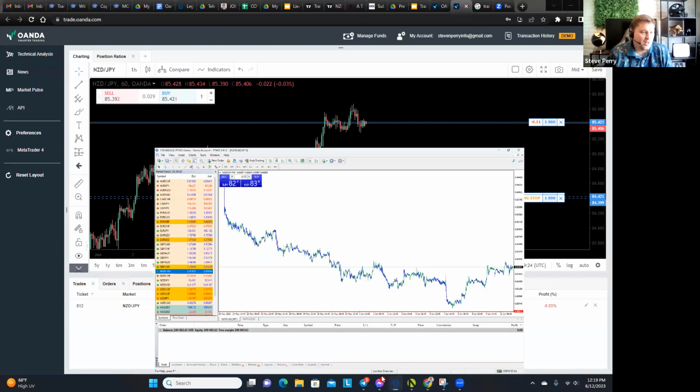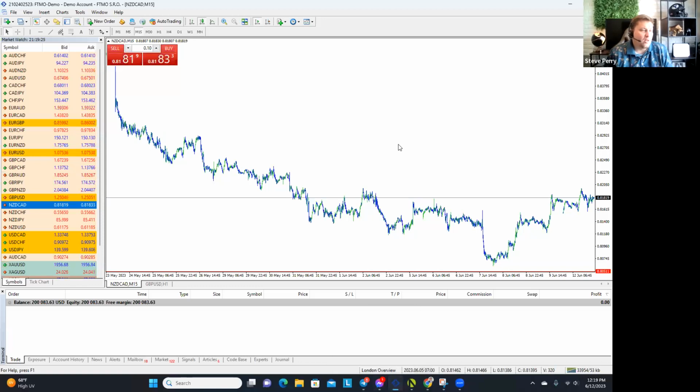So I've got an MT4 platform pulled up here. Now, a lot of people trade on MT4 just because it's one of the oldest platforms around. Pretty much every Forex broker out there uses MT4. A lot of the, if not all of the prop firms out there offer trading on MT4. And so if you want to pass a prop firm challenge, you have to at least know your way around